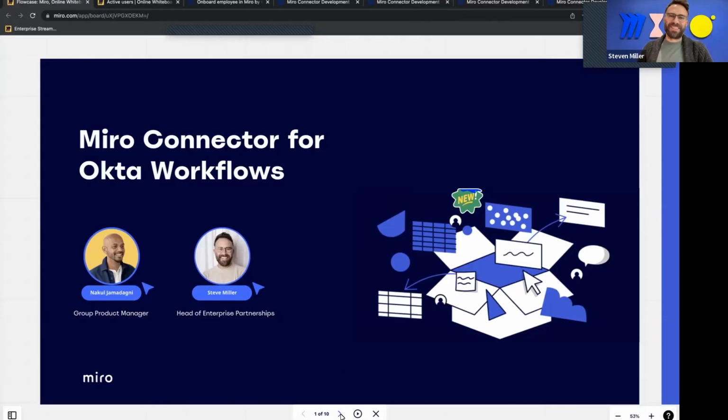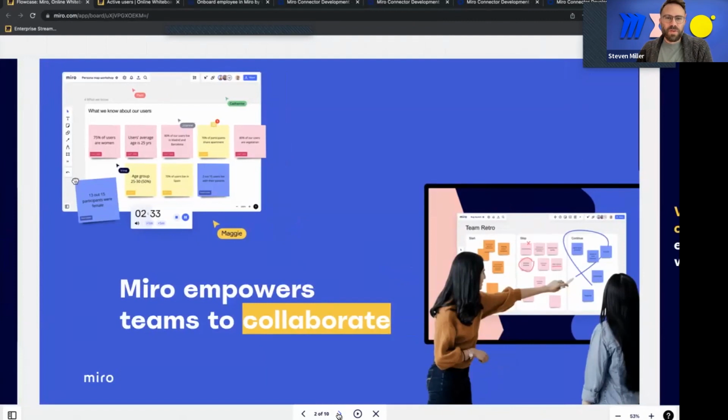We're re-recording our session from Oktane 22, where we first introduced the exciting new Miro connector for Okta Workflows. We'll touch on two primary points today: why we partnered together and how our connector works. For those of you who may be new to Miro, we're the pioneering visual collaboration platform striving to empower teams to collaborate, be it distributed, hybrid, or in person,